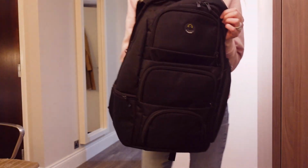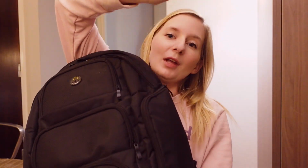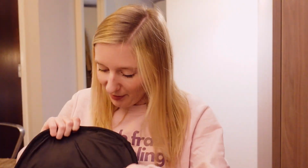I have my backpack, which is the least aesthetically pleasing backpack I have ever seen. It does not go with any outfit. However, it has lots of different sections, which I really like because I can have batteries in one, SD cards in the other, cables in one bit, a little chewing gum holder. And on the inside it also has a little separate section for your laptop so stuff doesn't get lost. So if anyone has any recommendations for bags like that that have loads of space and cases but don't look like a dirty biker,